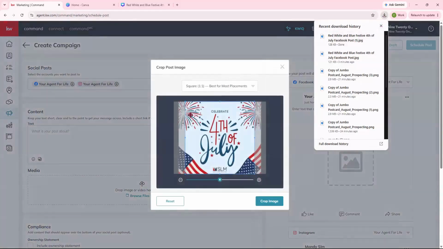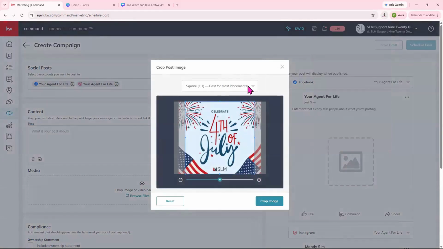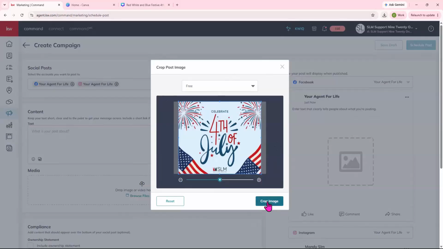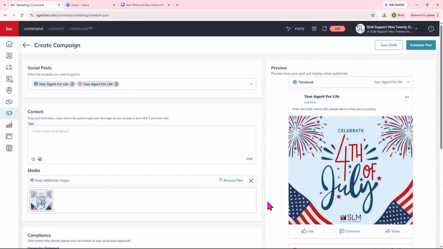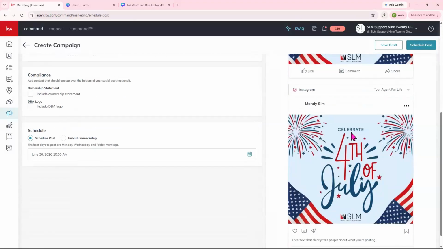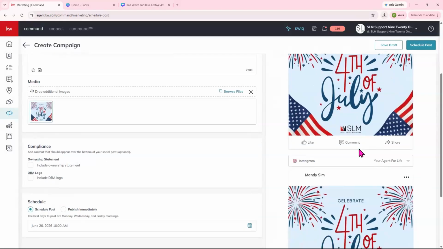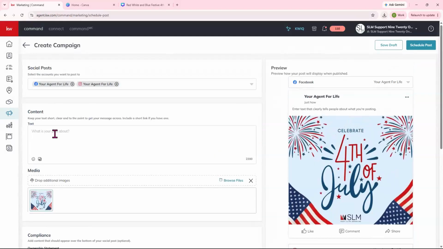We can then crop it. This obviously is not a perfect square. So if we need it to be a wide, if we need to do a free is going to be best for this specific image because as you can see, it's not cropping anything out. And then we can go ahead and click crop. Then we have our preview on the right-hand side for any of the platforms that we've decided to share this to. We can add any text that we'd like to